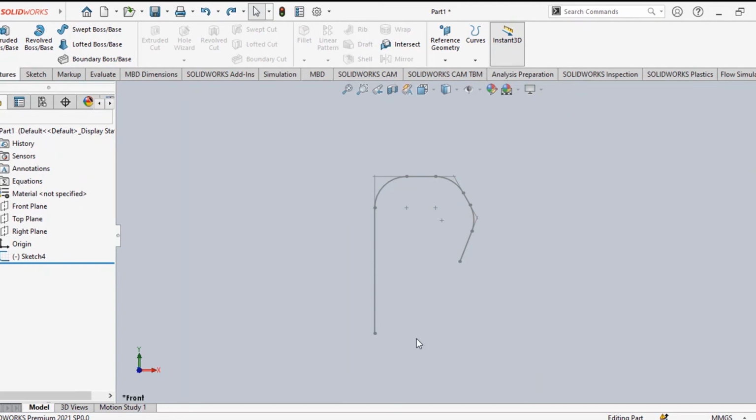If you want to make a round cross section, you need not make it. By default, it will take a round cross section. But if you want any specific cross section, sometimes it may be rectangular, sometimes square, sometimes hexagonal. In that case, you have to draw that cross section or that profile. For drawing that, you have to make the drawing in a plane perpendicular to this plane. This plane is actually the front plane. You have to make an object which is perpendicular to this front plane.